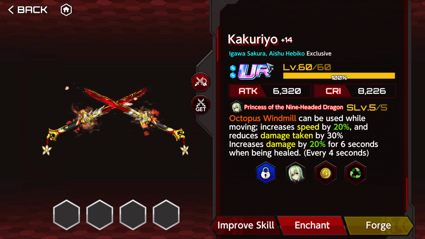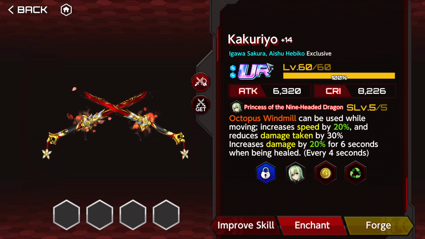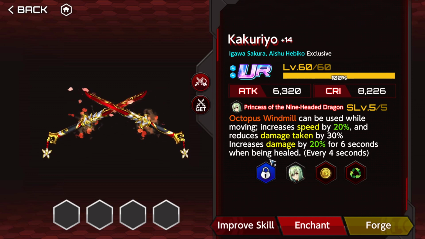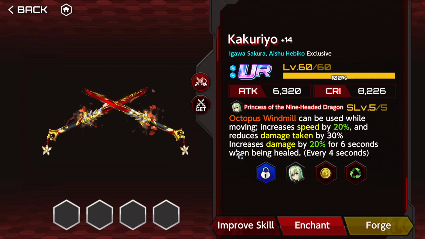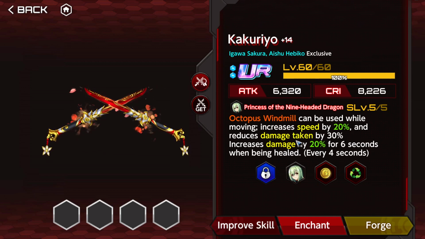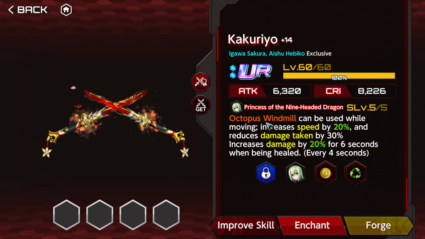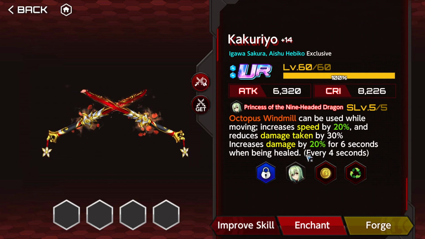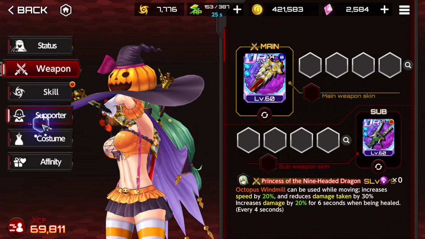I'm not sure how this works, to say the truth. And I mean, I don't know which effects specifically are only active when being healed. I guess it's the damage increase. But it doesn't have a dot. So maybe it's also the damage reduction? No, I think it's the speed, the damage, and I don't know, guys. I don't know which effects are applied when being healed. But it is easy to get healed with her because she has the Octo Ink on blue. So Octopus Windmill can be used while moving. This is super great because Octopus...